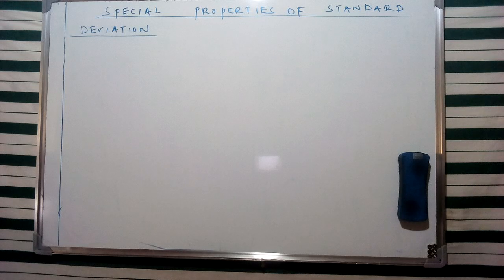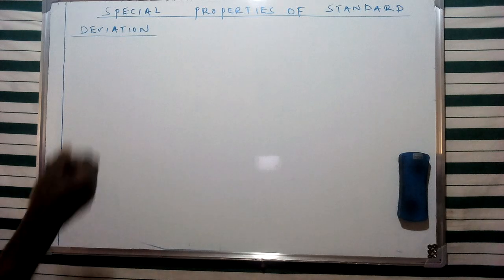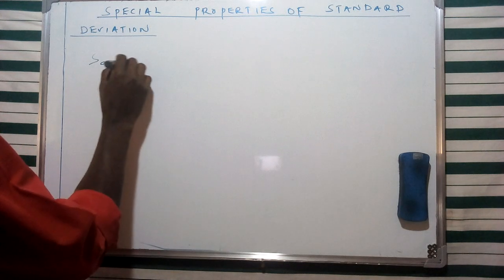Now today we are going to look at special properties of standard deviation, and of course this is going to be a collection of some of the properties that we have encountered in some of our discussions on the concept of variance. Now in this case we have talked about the concept of sample variance, which is basically given using a